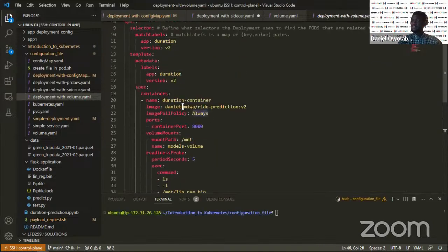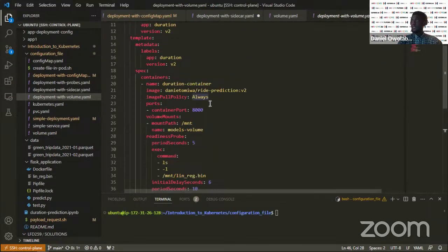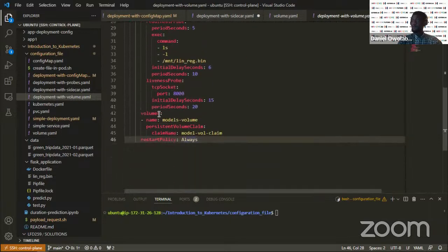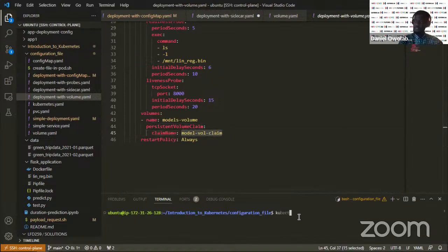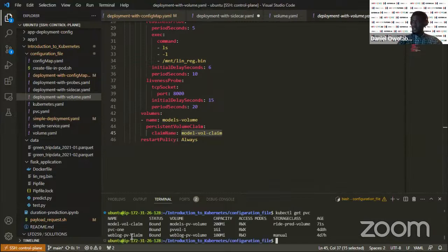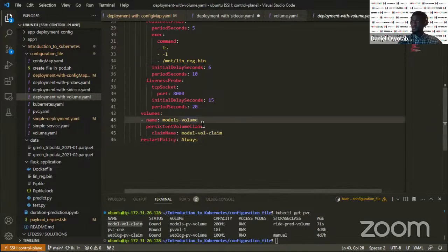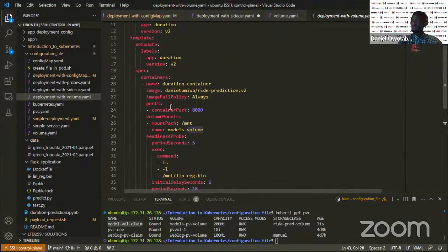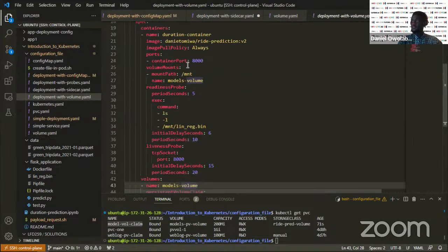So in this particular one, I'm creating a deployment, and instead of using the volumes of empty directory now, you can see here that instead of that empty directory that I had before, I'm using a persistent volume claim type of volume. And the claim name is the model volume claim that I have here. Let me do that. kubectl get PVC. So I have the model volume claim here. And then it's going to mount this to this particular app, our duration prediction app,